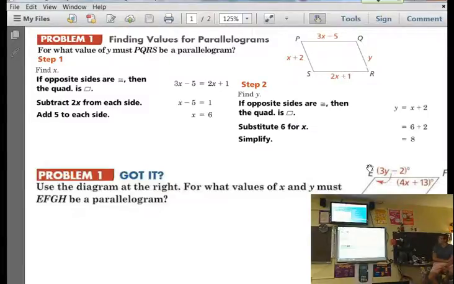We can do the same exact thing with our angles, and we could either say that these two angles, H and G, are supplementary, but that would be difficult because that involves a y and an x. So we could also say that H and E are supplementary, which only involves y's. We could say that G and F are supplementary, or we could also relate that these diagonal angles are equal